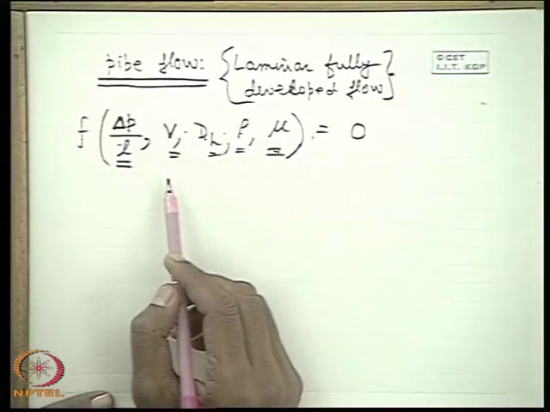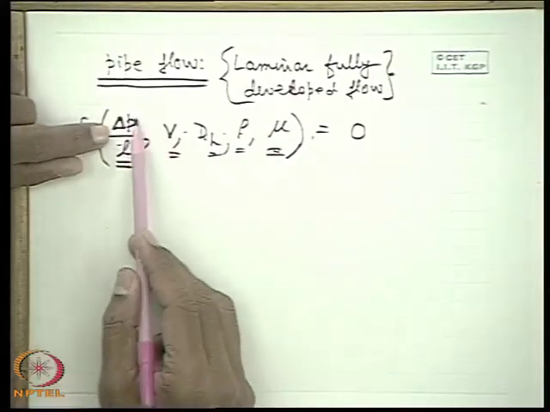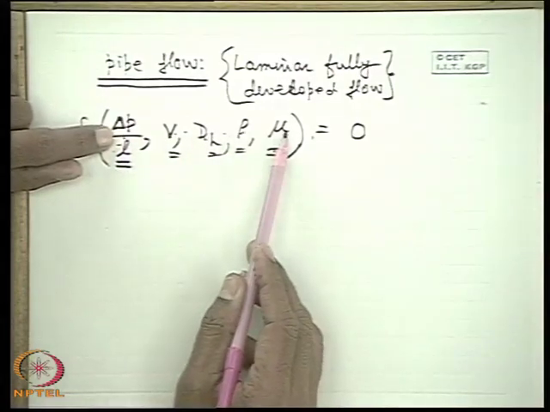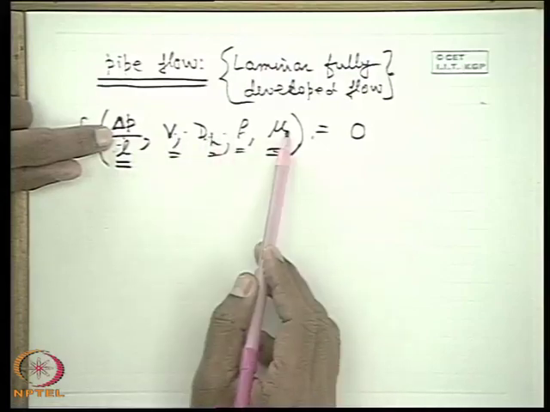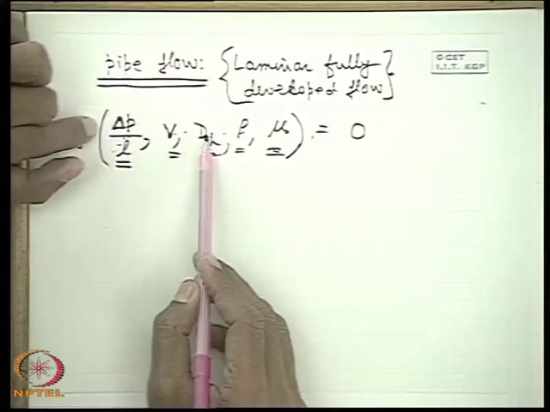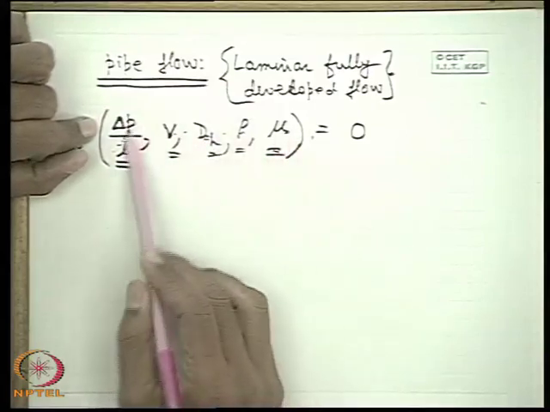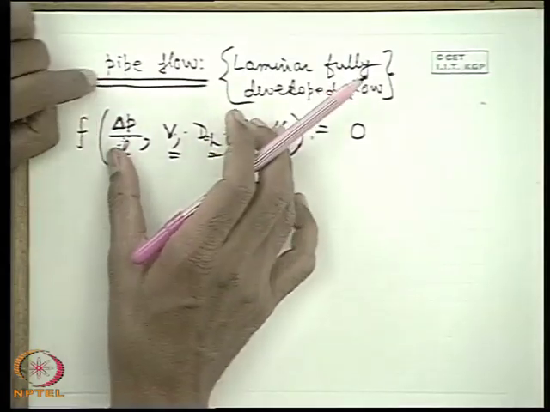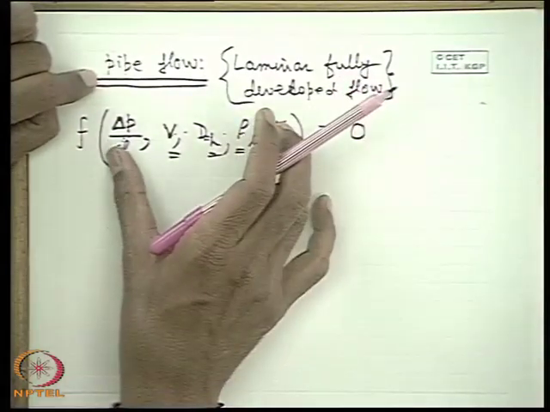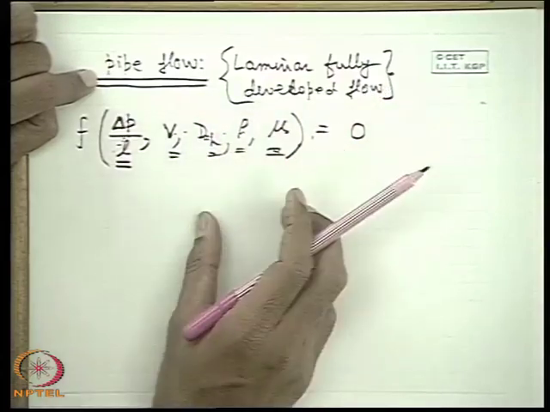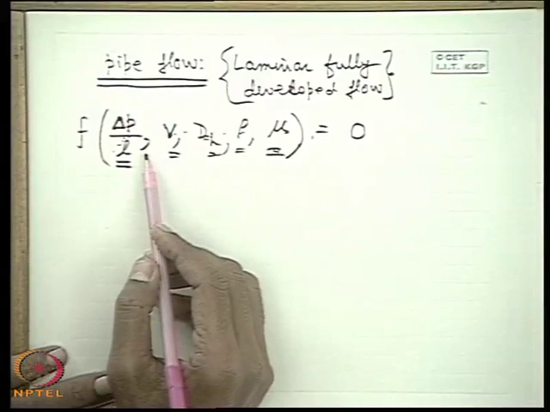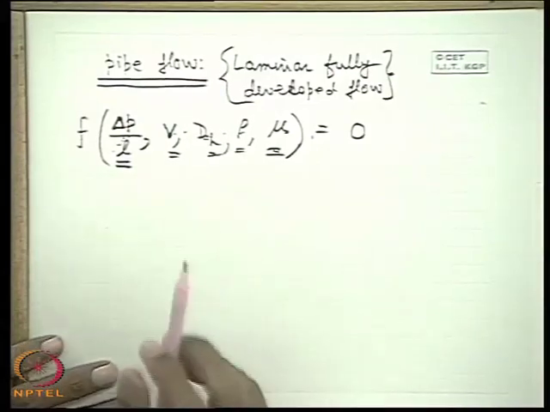In that case, first of all he has to recognize that this is the output parameter, and it is a function of all these independent input parameters. So, he has to vary this keeping all the others constant, and see the influence of this on this. He has to vary that keeping the others constant, and see the influence of that on this. But without doing that, if we know that this phenomenon can be described by reducing the number of variables from so many to fewer non-dimensional terms, that is better. Now, we will apply Buckingham's pi theorem to find out the pi terms.